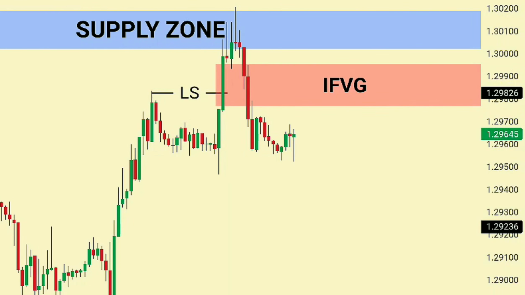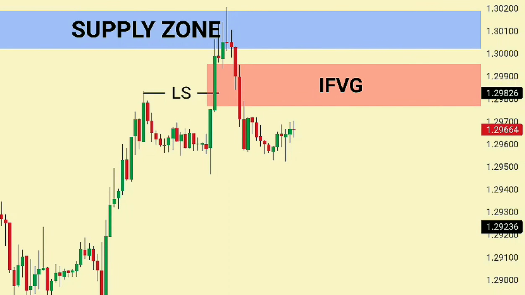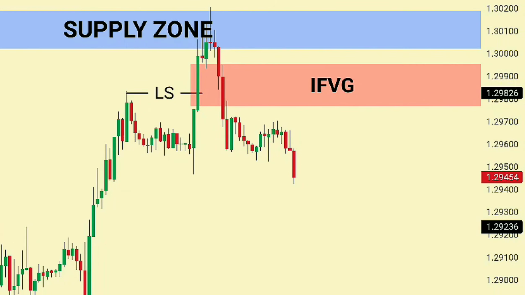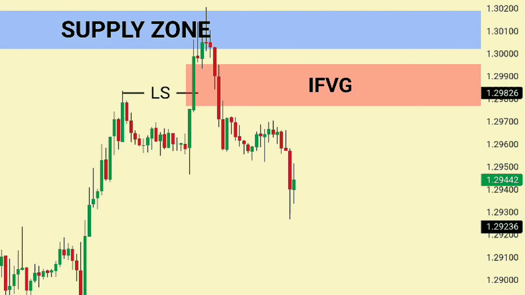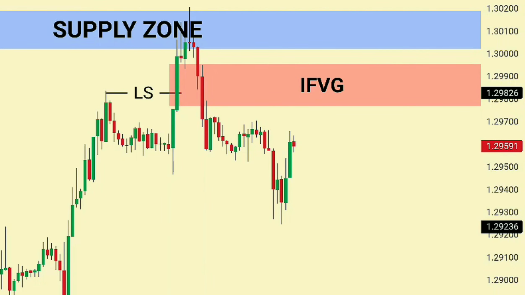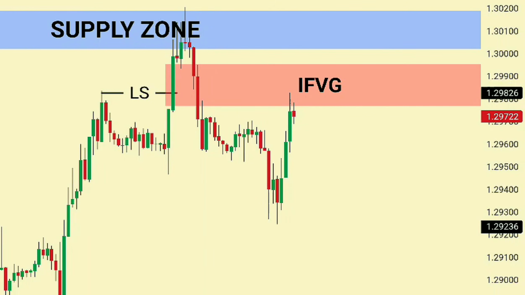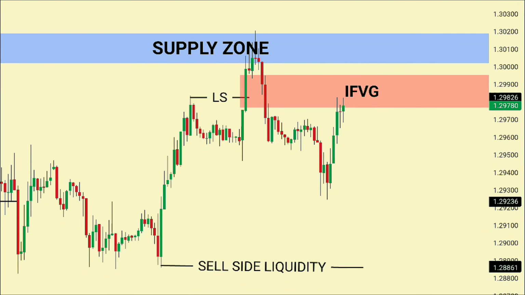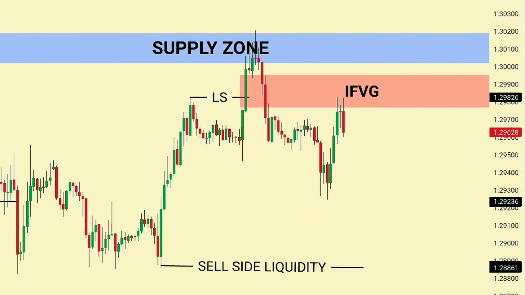We're allowing price to return to this area because we want to see how the market reacts. If the inverse fair value gap is valid, sellers should begin defending this zone. This patient approach helps us avoid chasing the move and gives us a more logical place to look for an entry. So now, let's watch whether price respects this inverse fair value gap and provides the final confirmation for our